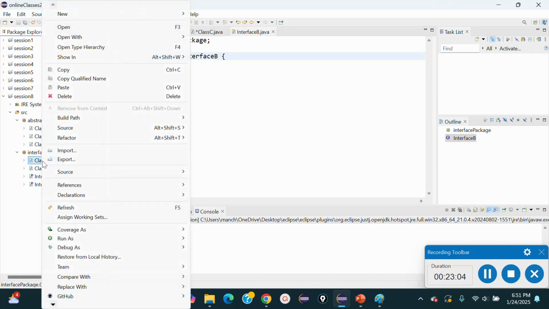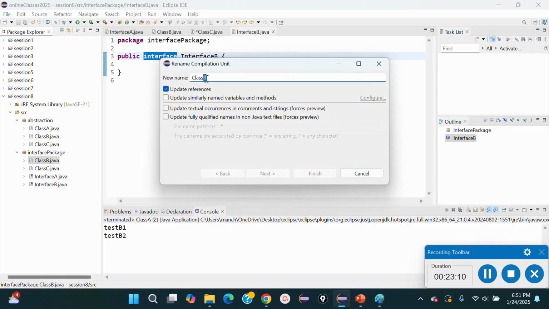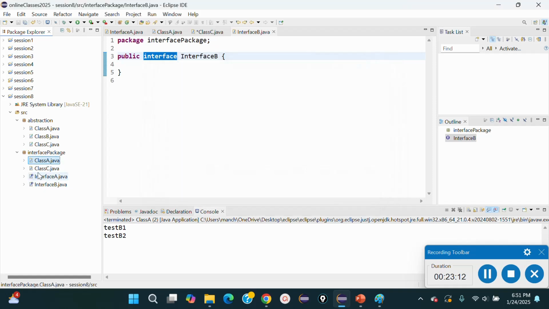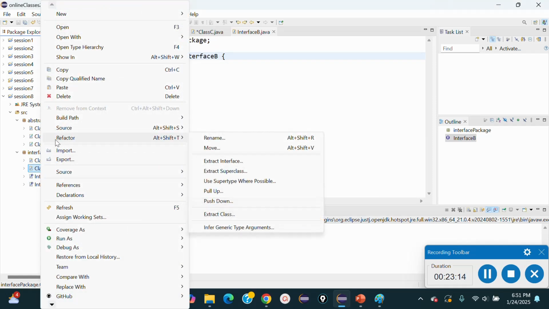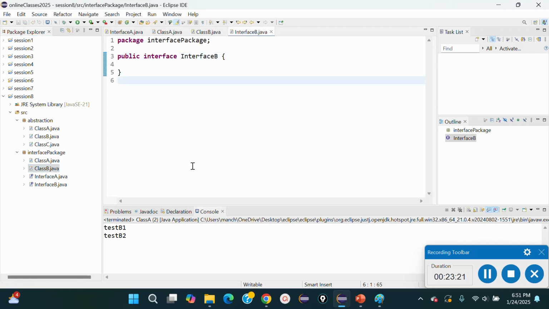Right, let me do refactor, rename. Instead of class B I'm making it A, finish. And this one also refactor, rename, and instead of C I will make it B, finish. Right, now in interface A, let's go to interface A, and what I want